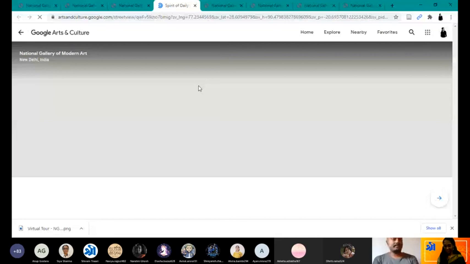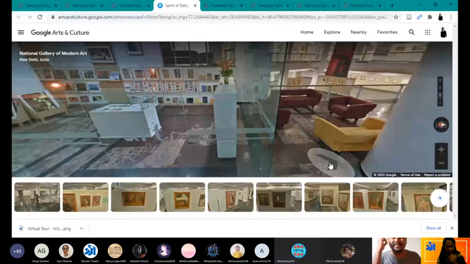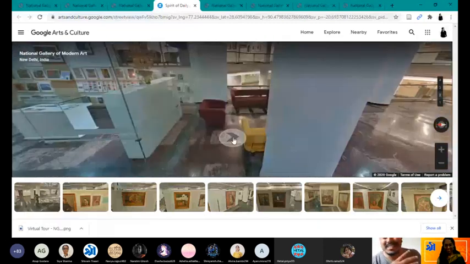So if you just type ngmaindia.gov.in, you can really reach it. I am very much biased, so I could speak for 3 hours, 4 hours, but it's not very good. So this is just to give you a glance. You can open the link which Vinci will share with you through email or WhatsApp, and you can walk